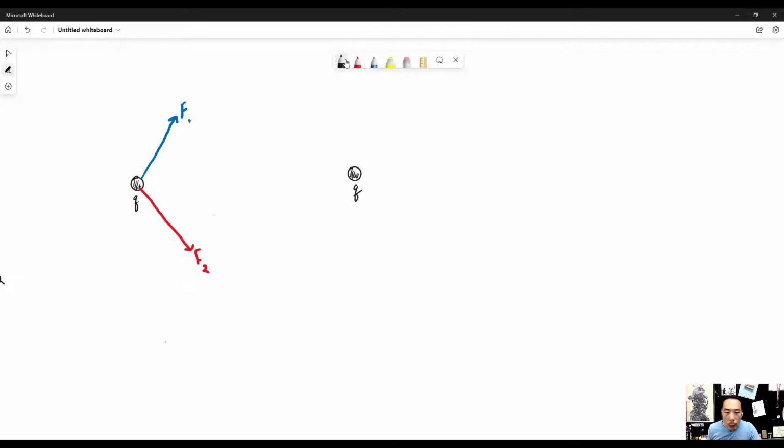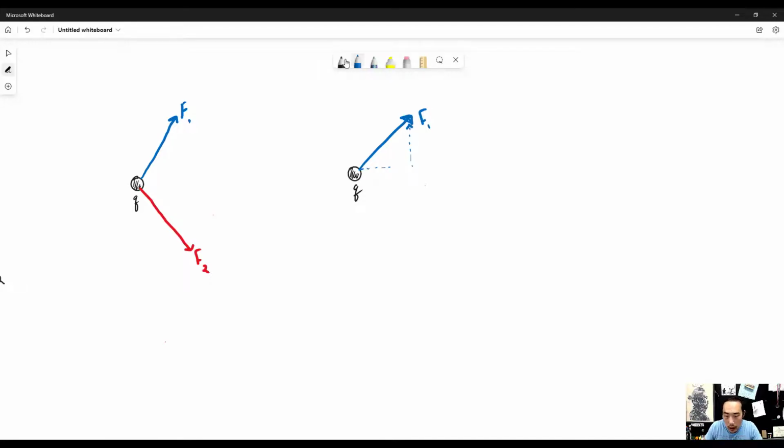I'm going to do F1 first. I'm going to break up F1 into its components, the X and the Y components. Here we have F1, and if I were to ask myself, what direction is that force pointing? I would say up and to the right. How do I know that? Because this arrowhead tells me so. Those arrowheads are really important. Now to create those components, all you have to do is create the same components that you just described. In this case, it'll be up